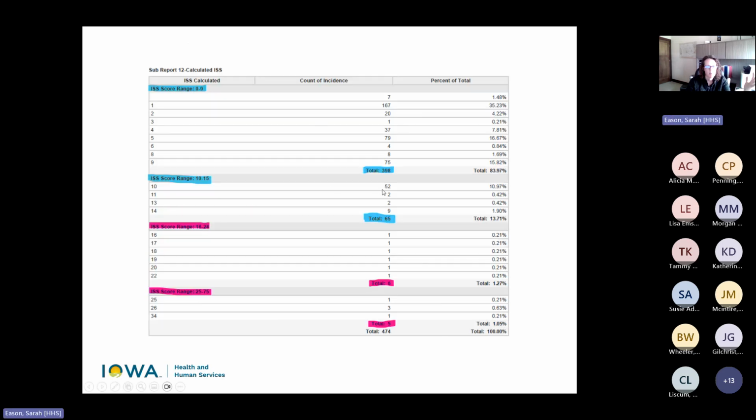Another picture that you can paint when you're thinking and studying: 398 of those 474 had an ISS, retrospectively again, of 398. Again, just painting the picture, studying what these numbers actually mean, drilling down to each of these cases, understanding what happened. Were they appropriately called? Were they not appropriately called? Is hindsight 20/20? Absolutely. But that can help you adjust your own trauma alert criteria to what fits your patient population.